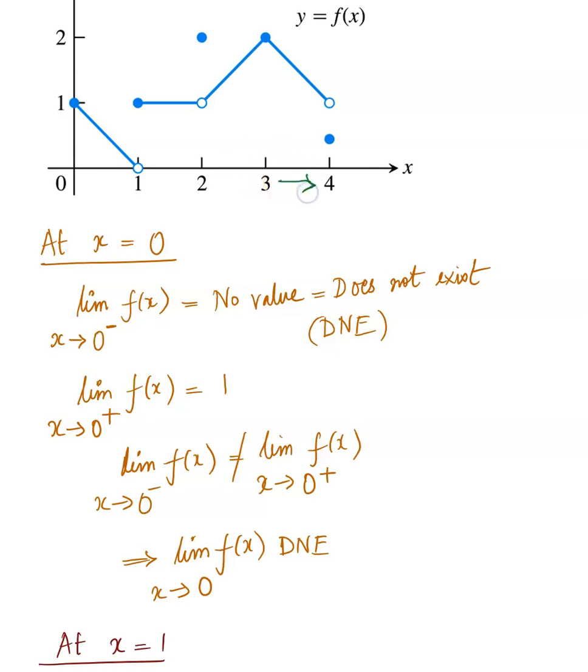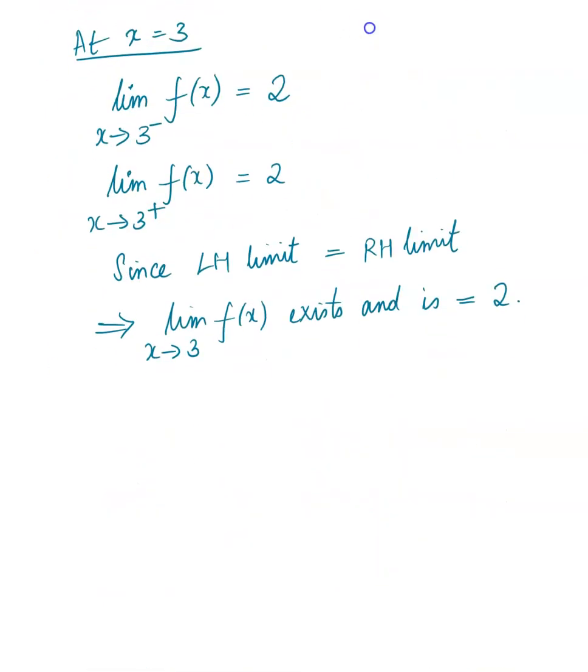Let's approach 4 from the left. You see that the piece that approaches towards 4 from the left approaches 1, right, corresponding to the y-axis. But if we were to approach 4 from the right, there is no function piece to the right of 4, so we do not have any function piece there. Just like the 0, to the left of 0 we had no function piece, likewise to the right of 4 we have no function piece. So this is clearly a one-sided limit, so let's come over here and say